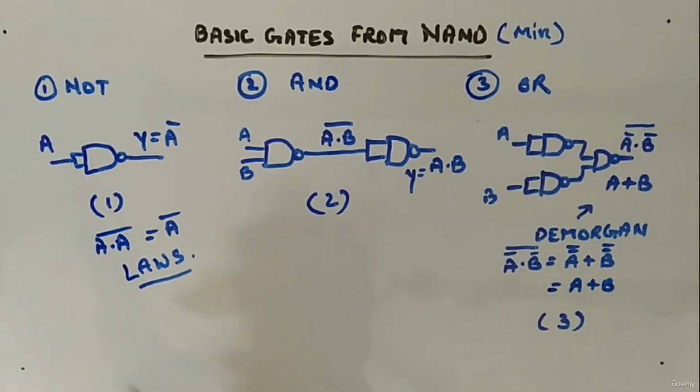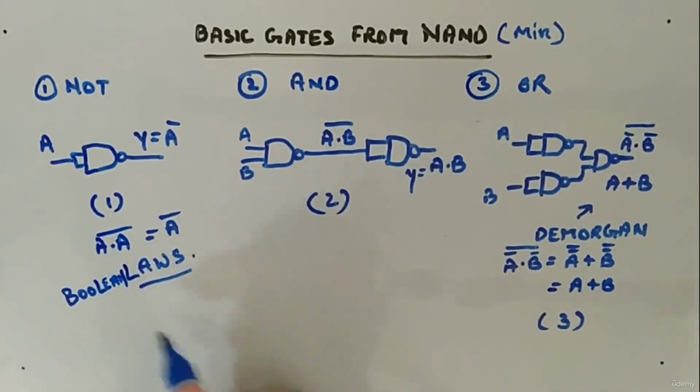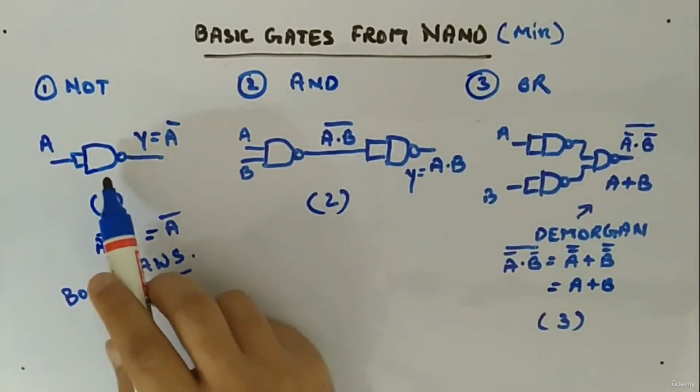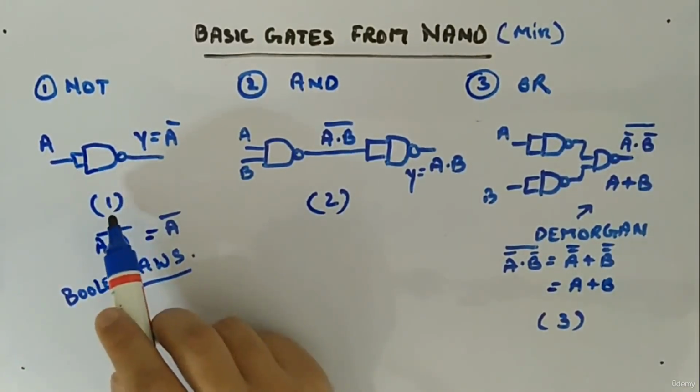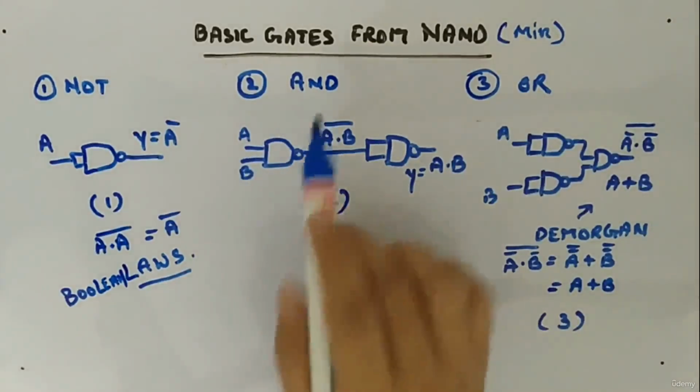Maybe I should have first taught you Boolean laws, but still, next we will see that. Here is the NAND gate. Only one NAND gate is required to make one NOT gate. Then second, if you look at the AND gate,